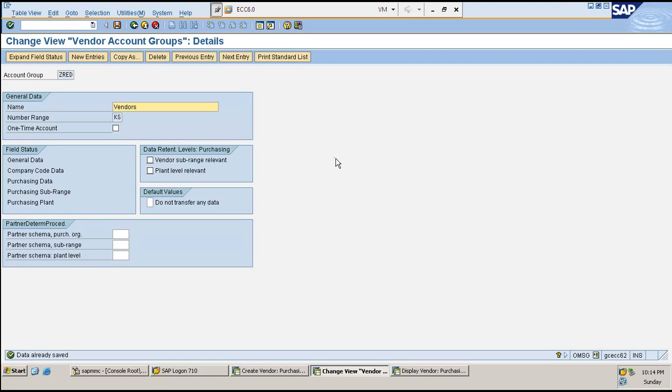So for both of these, the connection will be the purchase info record, right? Yes, absolutely. The connection will be in the purchase information record. And